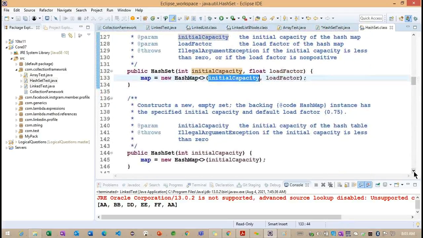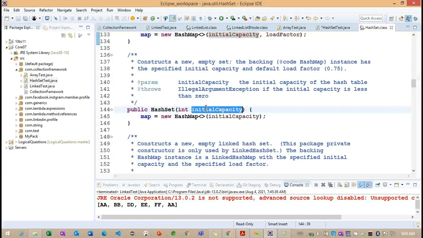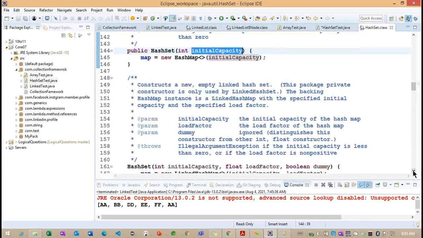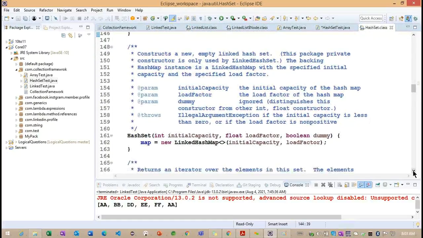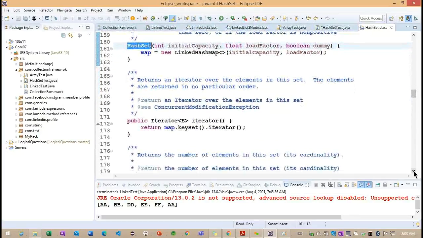And the fourth one has only initial capacity, there is no load factor. So this is all about the hash set here, and this particular hash set constructor we cannot call.